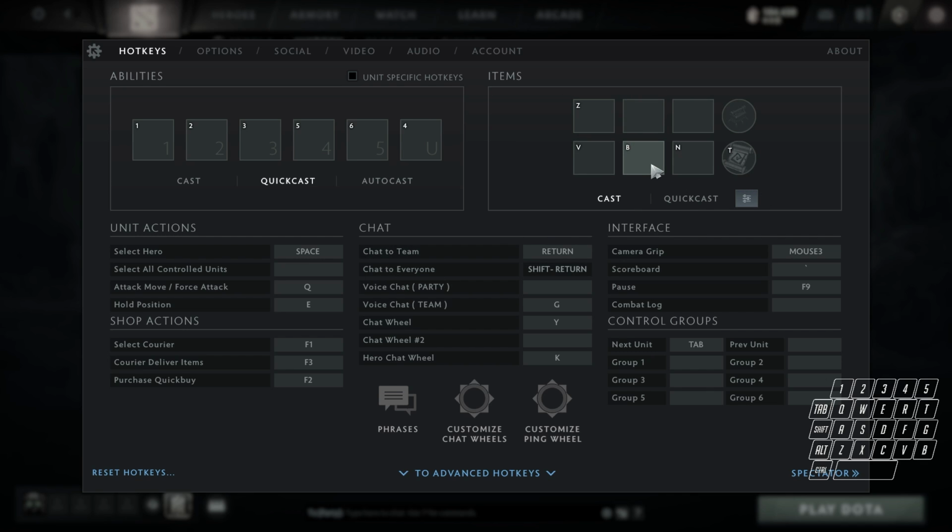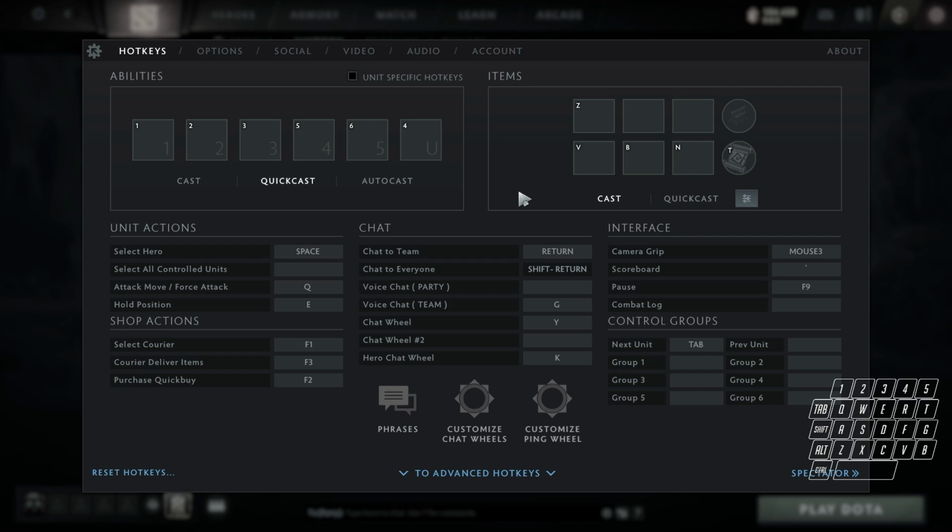And usually my quick cast items are items like stick, 4-star, Yules, all this stuff, things that I cast and I don't need to cast for myself a lot of the times, only in few circumstances. And all the other items like blink, dagger, drums, I'm using other buttons, because when I blink, for example, I want to think where I blink and then I want to use it, and I don't want to rush it so much sometimes.